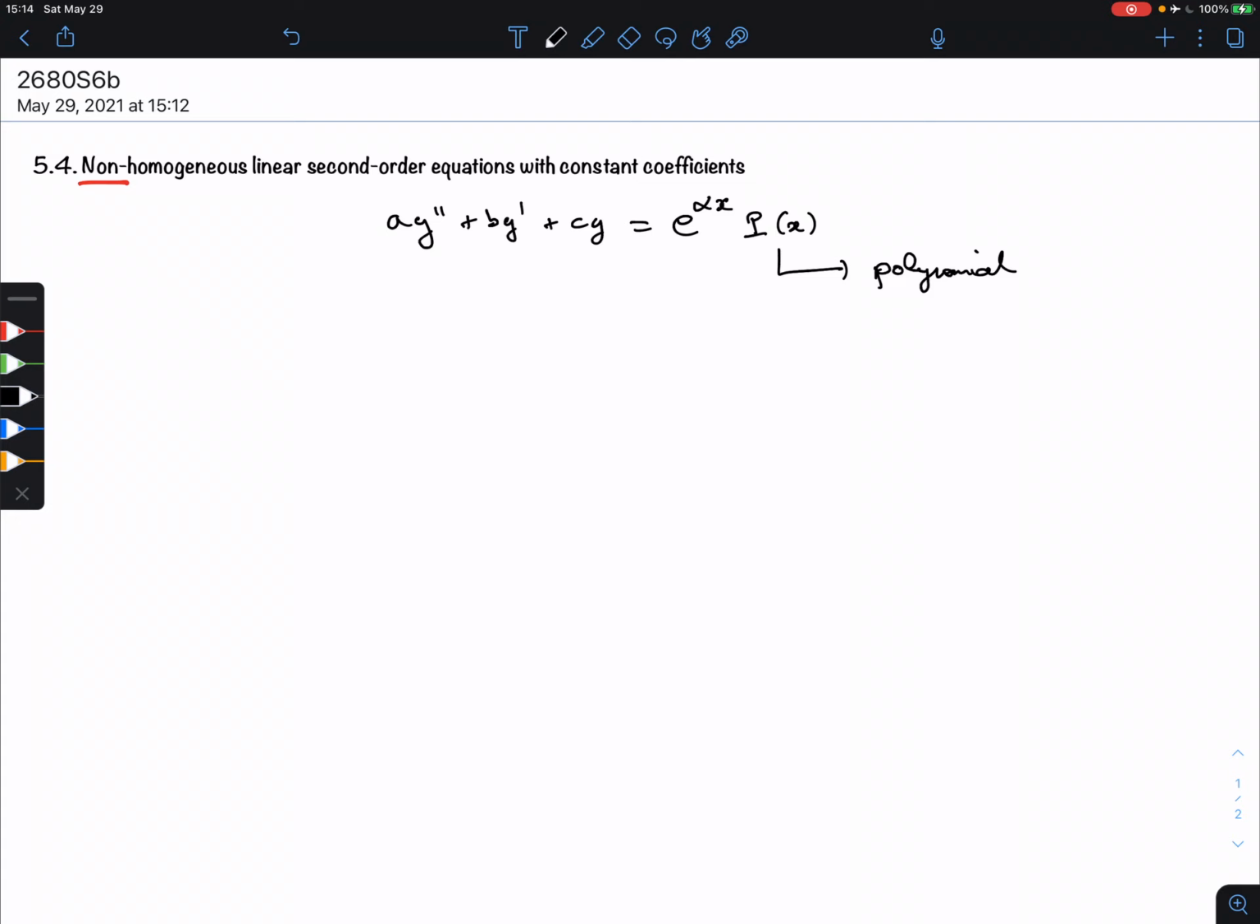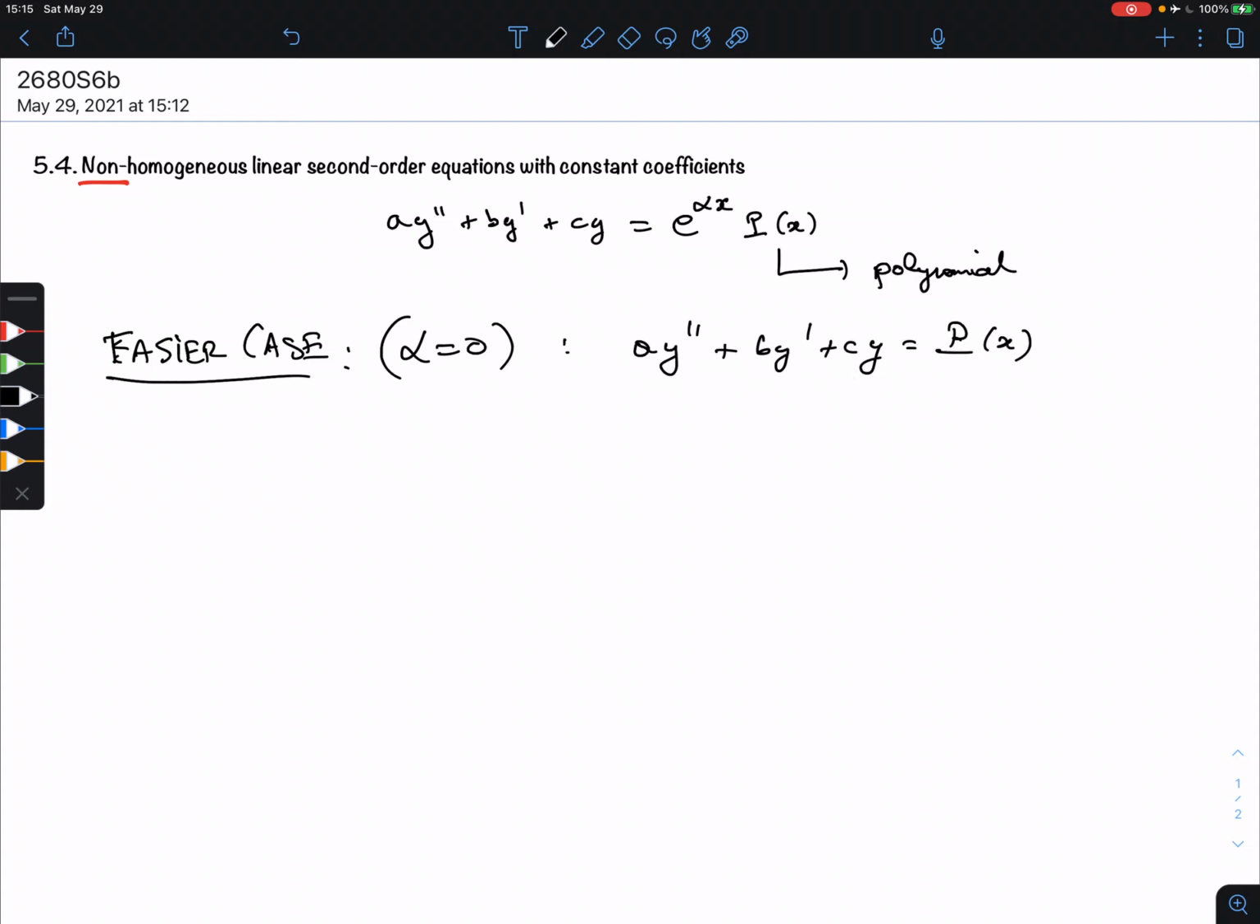Okay. So the easier case is that if there is no e^(αx), in other words, if alpha is 0, that means we have just ay'' + by' + cy equals a polynomial. And then what we do is we propose a solution of the form